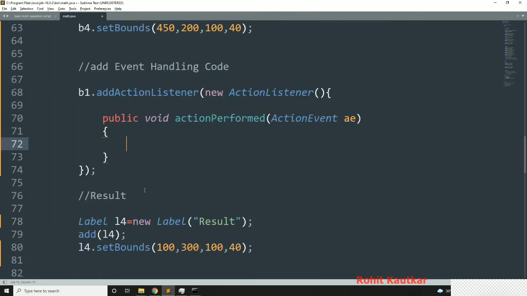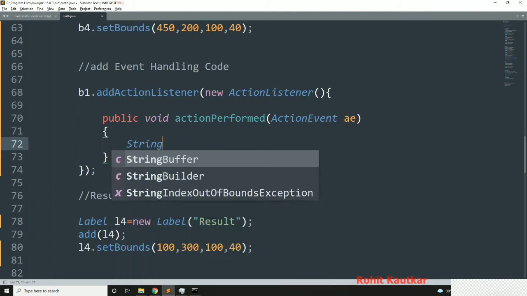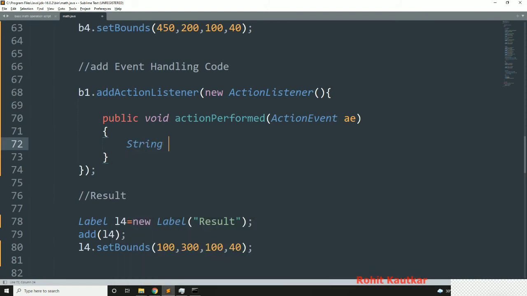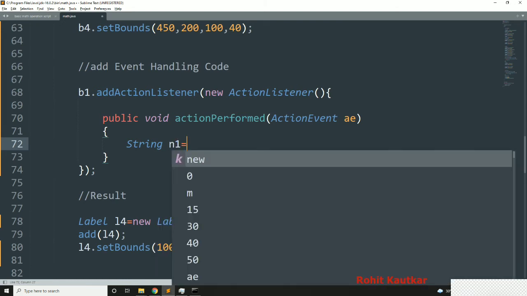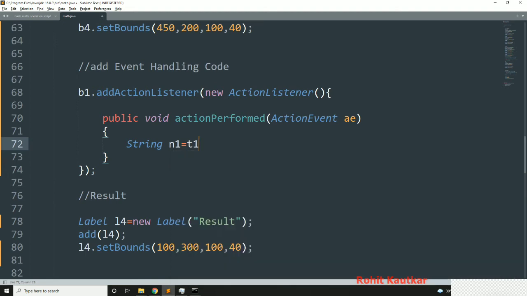Okay, now within this, first of all we will try to get the text value of text1 and text2. Okay, so here I will, let's say, declare one variable n1 is equal to t1 dot get text.